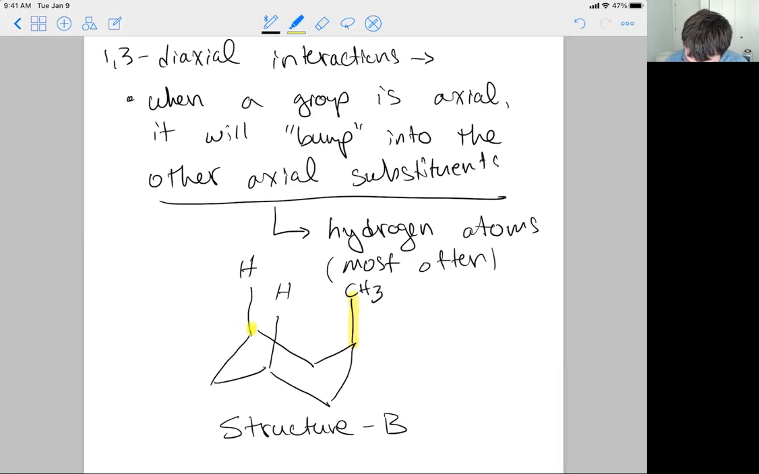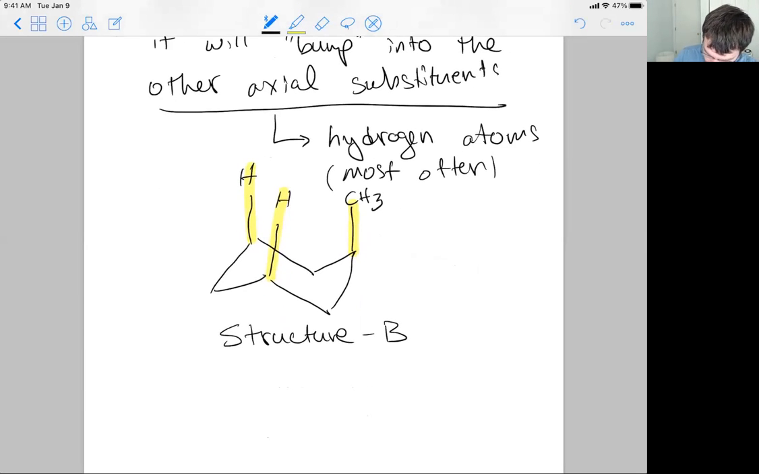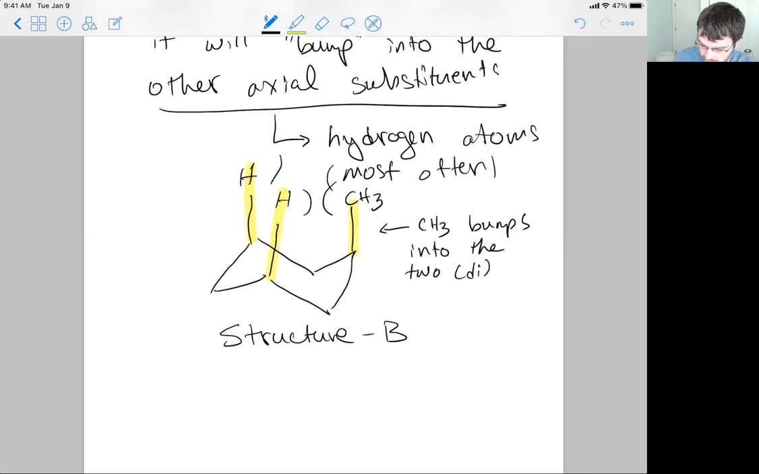Now I'm also drawing the hydrogen atoms that are axial and on the same face. Now what's happening is these groups are sort of seeing each other in space and bumping into each other. And so the CH3 is feeling the effect of being nearby the other two axial or diaxial substituents, which are hydrogens in this case. So the CH3 bumps into the 2, that's where the di comes from, axial groups